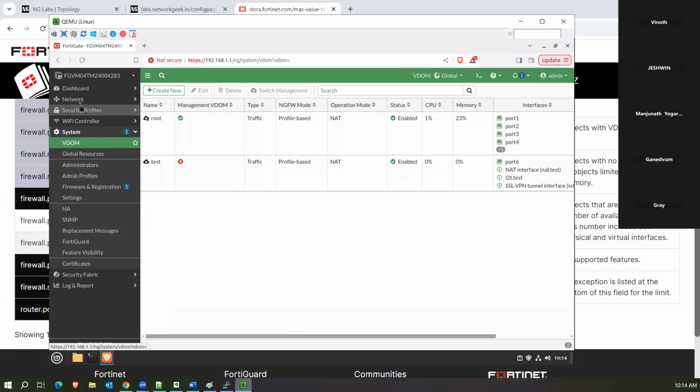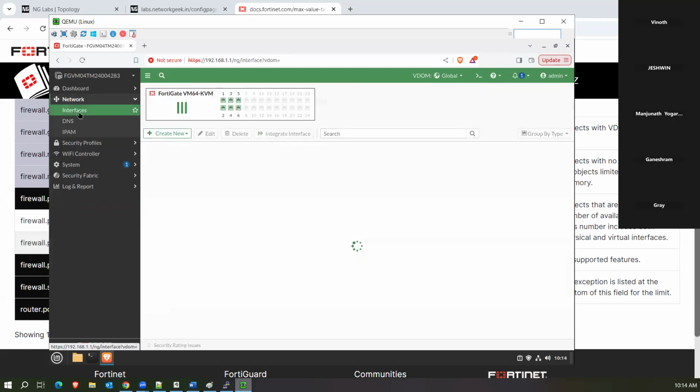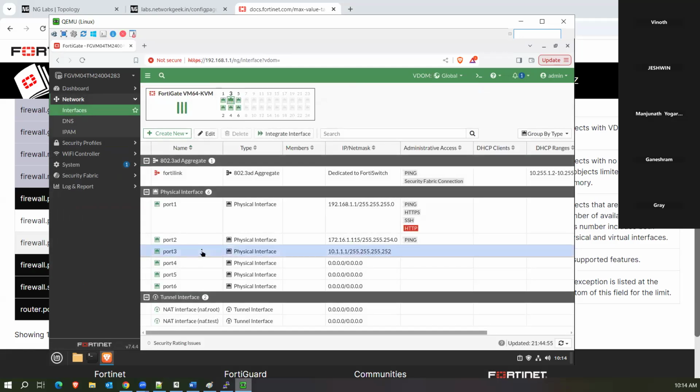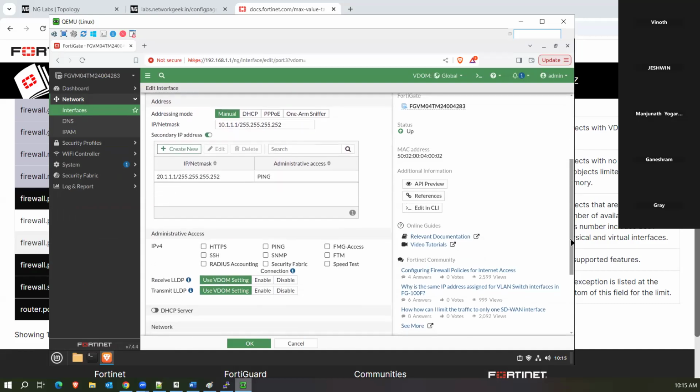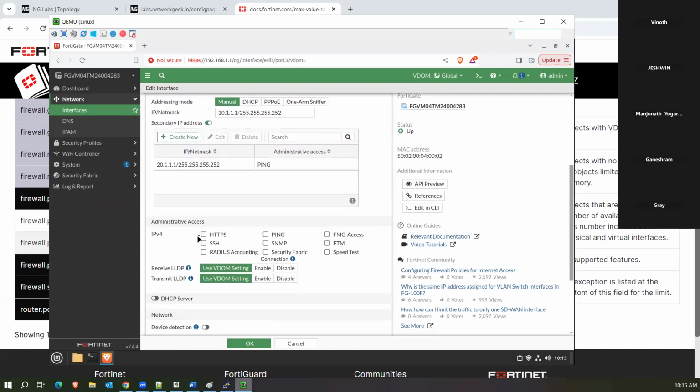Okay, another thing, access protocols. On the interface, if you see, there are certain access protocols available for us. HTTPS, ping, SSH, SNMP. These are very familiar to us. But what is this FMG access? This is FortiManager access. FortiManager is nothing but similar to Panorama of your